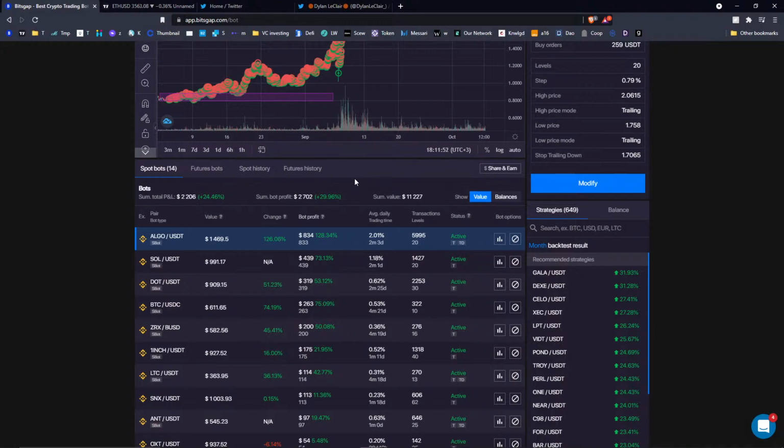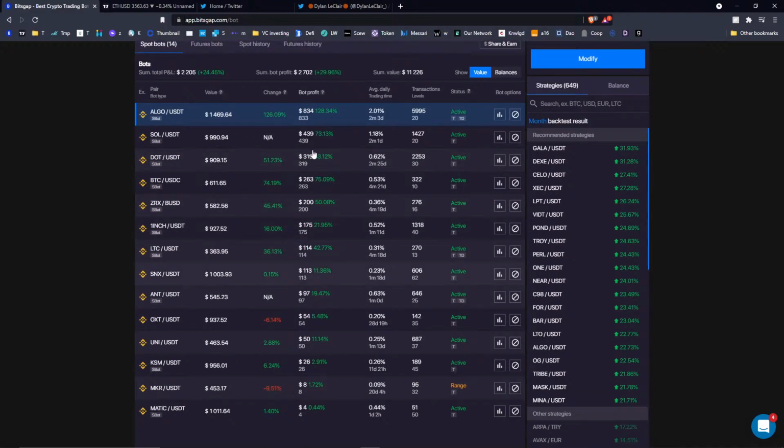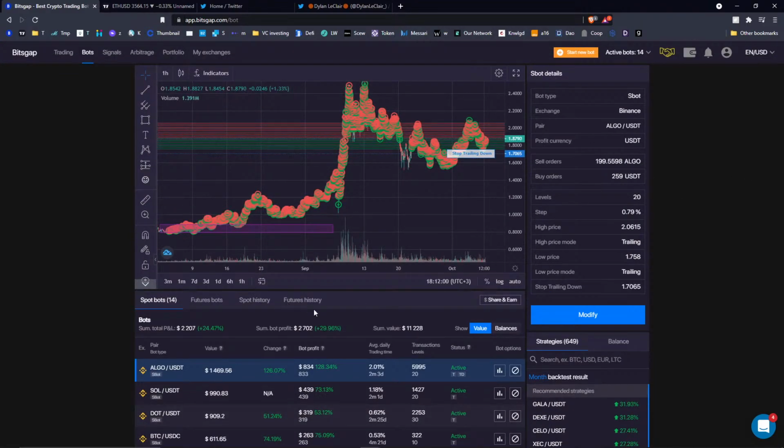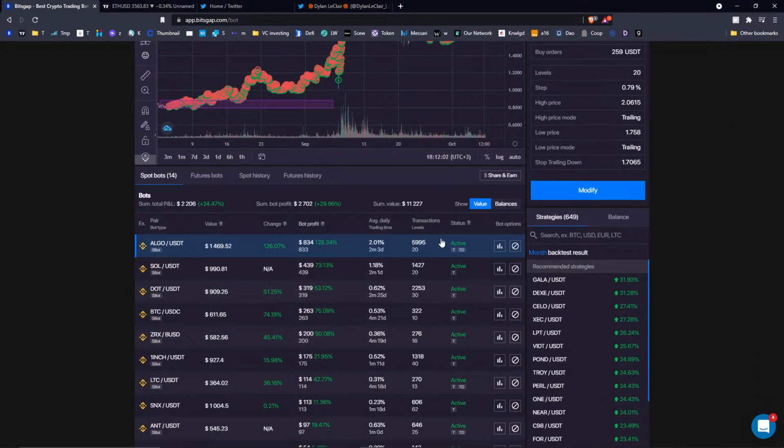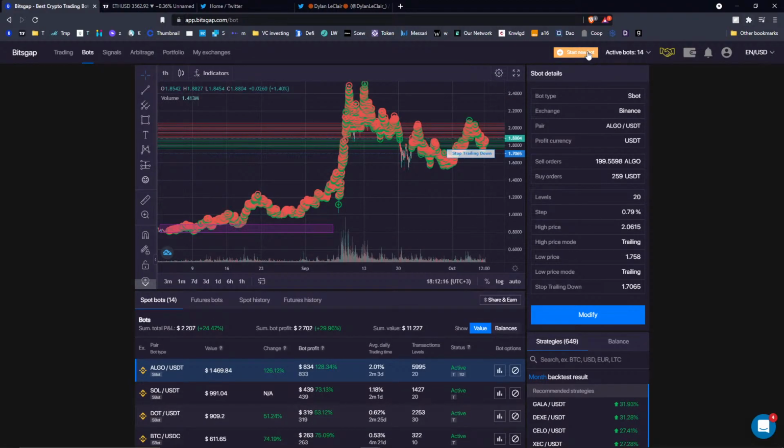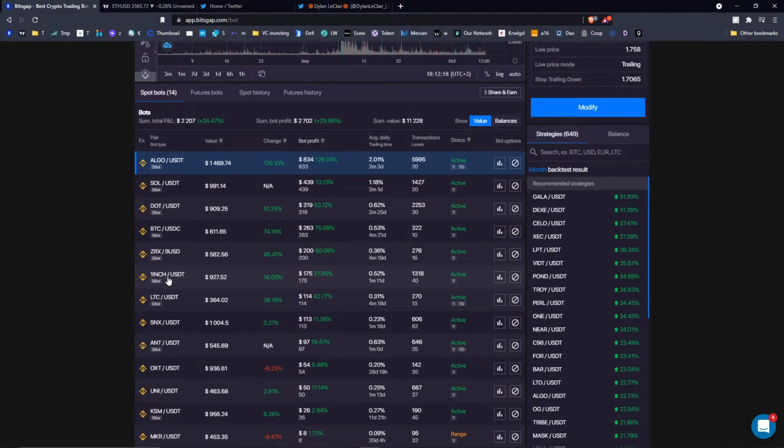or something just to check the activity of my current bots, make some adjustments if needed, maybe to set take profit, or maybe to set the trailing down if I feel like the price can plunge and my trading range is not in the optimal range now, so I can maybe extend it using the trading down. Sometimes I just close bots and switch them to new strategies, like for example, maybe it's no longer the case